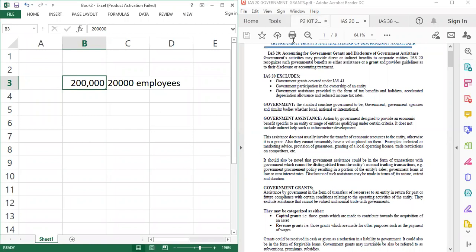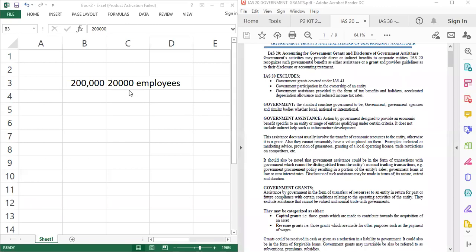I think if the money is being given, you should report it. If the money is given, you record. But in this case, you haven't received anything. No. I think there's nothing to report. You're not going to record anything, isn't it?